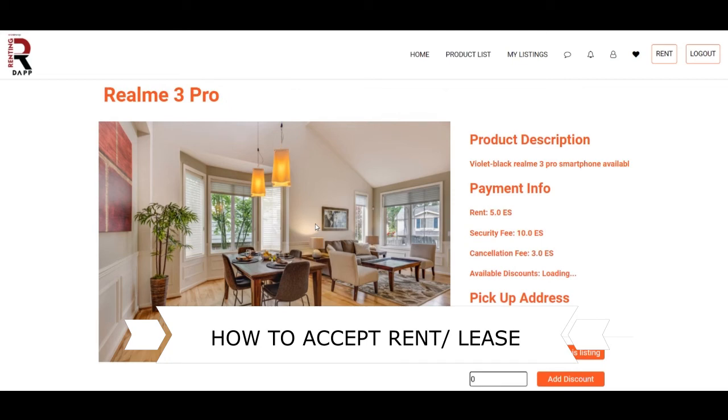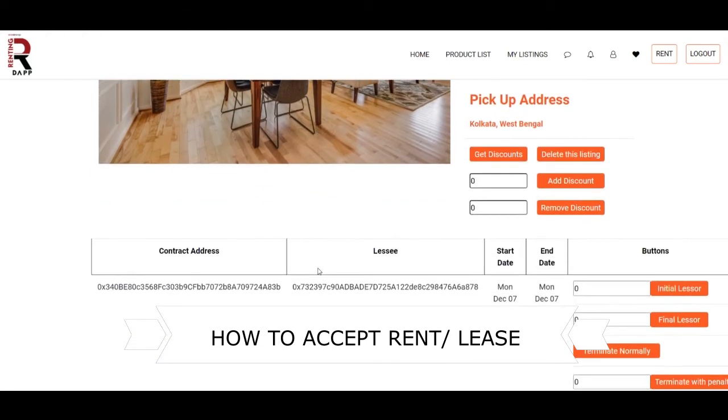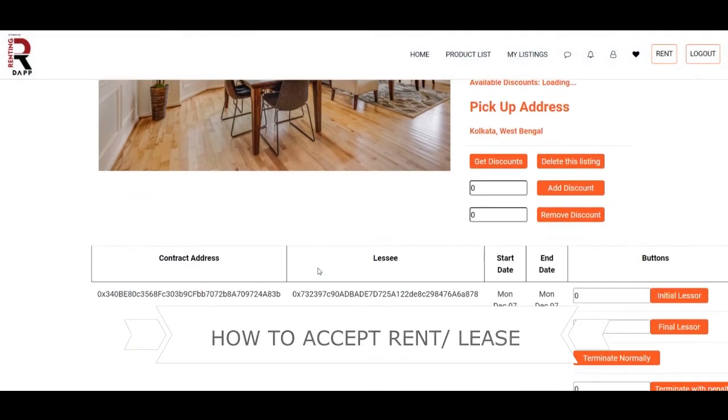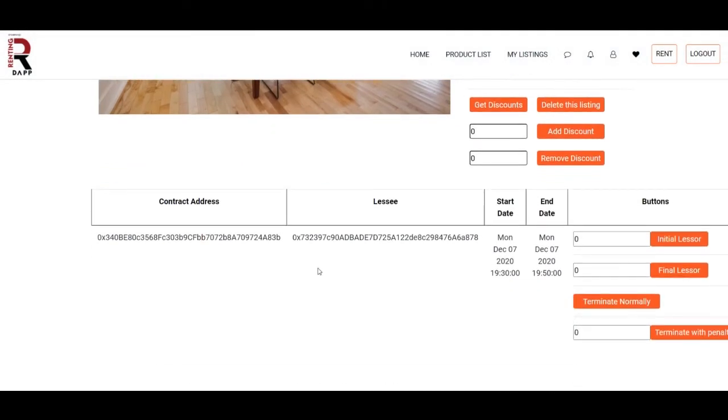So you might see here that now for the asset owner also, there is something new which wasn't there before. So this is the same contract address which you just saw before. This is the address of the person who has just booked the item, the start date and the end date. And here are again some functions. So I'll explain the functions now basically. So there are some checks that need to be done before you start paying the rent. Okay, so this is from the asset owner's point.